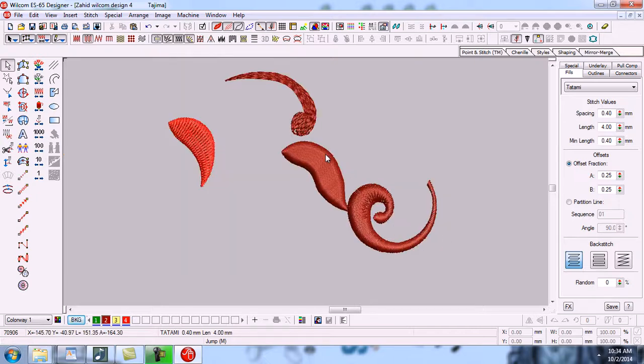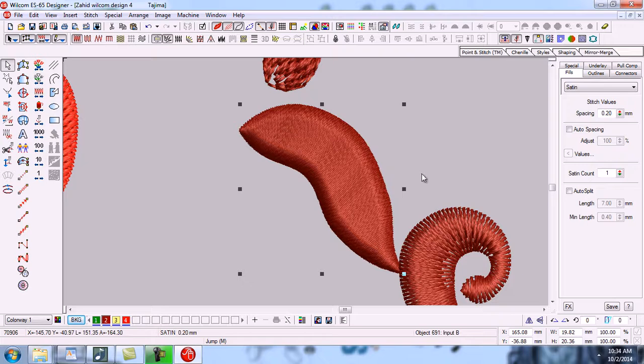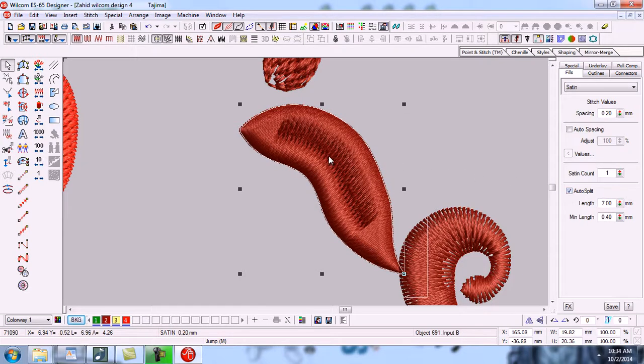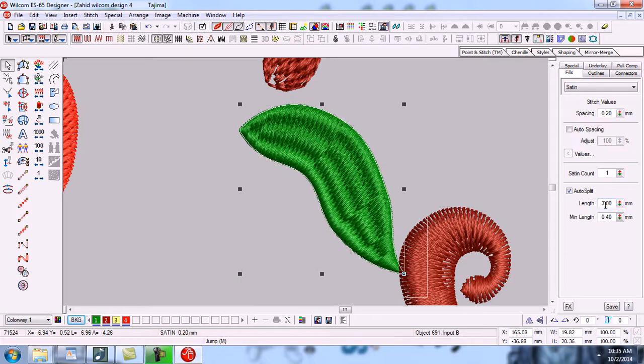One more thing in auto split. For example, if we apply auto split on any object, we can change its length and minimum length also. For example, its length is 7, so I will change it to 30.